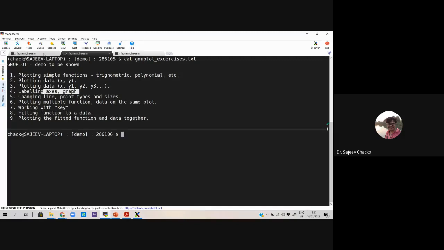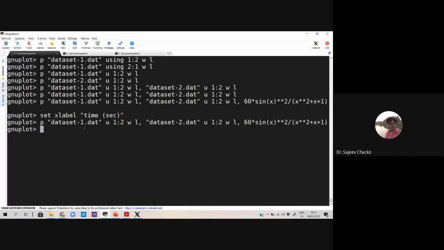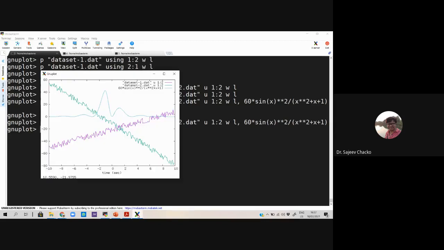That's very simple. Set xlabel, Time, for example, and let us replot it again. I got the x-axis labeled.